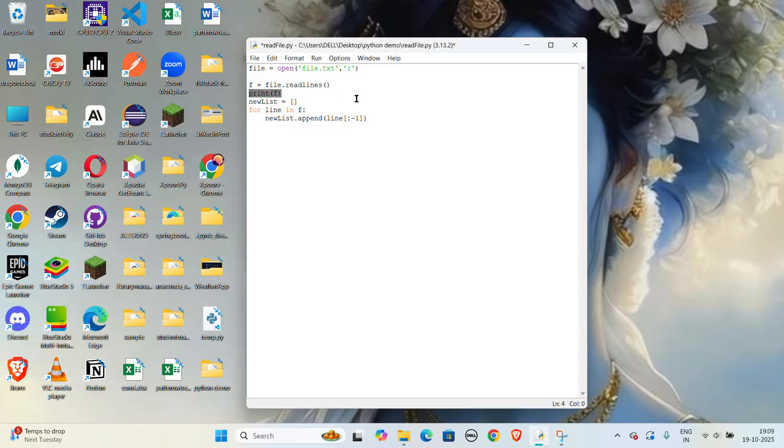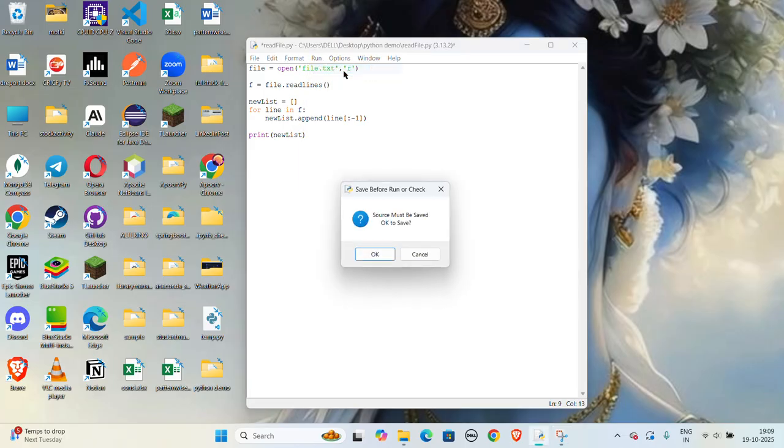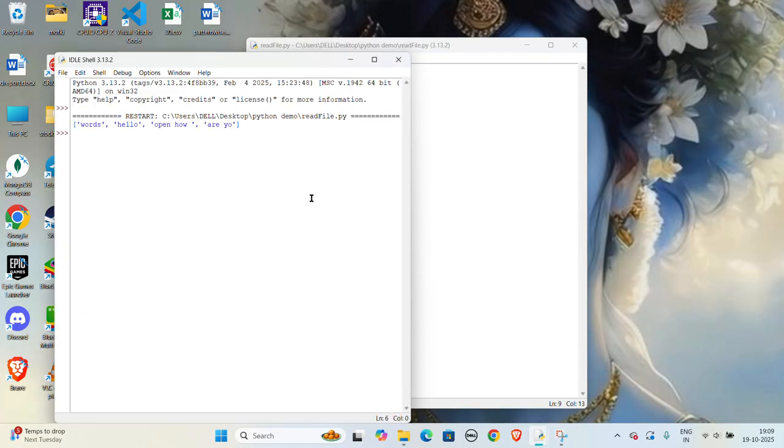Now just print this new list. So now let's run this program. As you all can see, all the backslash n has been removed,